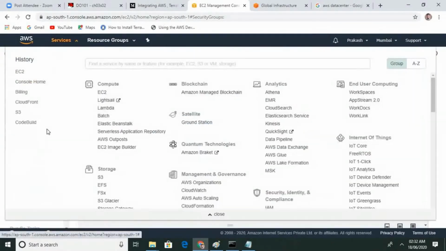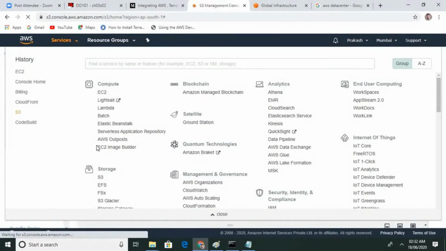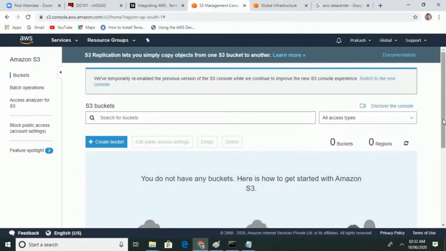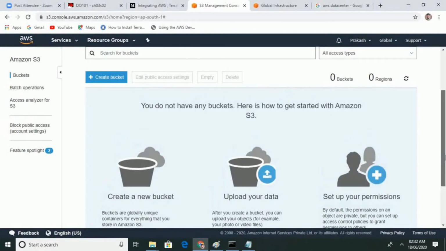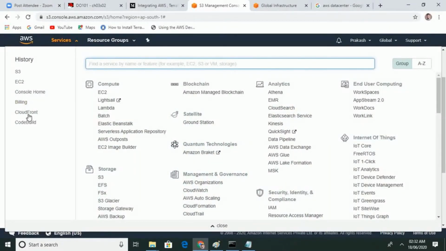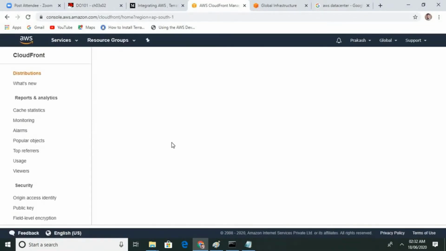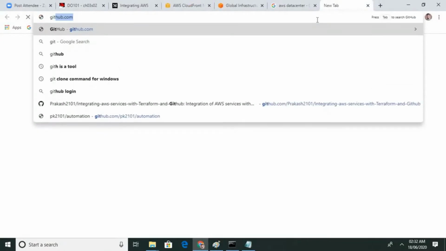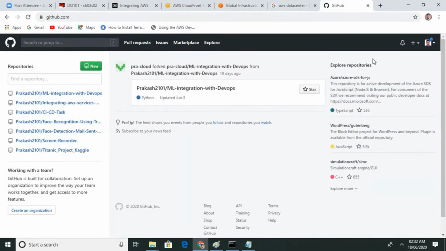We are going to create S3 also. There are no buckets; in S3 we store data in buckets, that's why it is called a bucket. And CloudFront too. I'm showing this so you know there is nothing. We are also going to use GitHub, so I'm going to log into GitHub to show what is in my GitHub account.